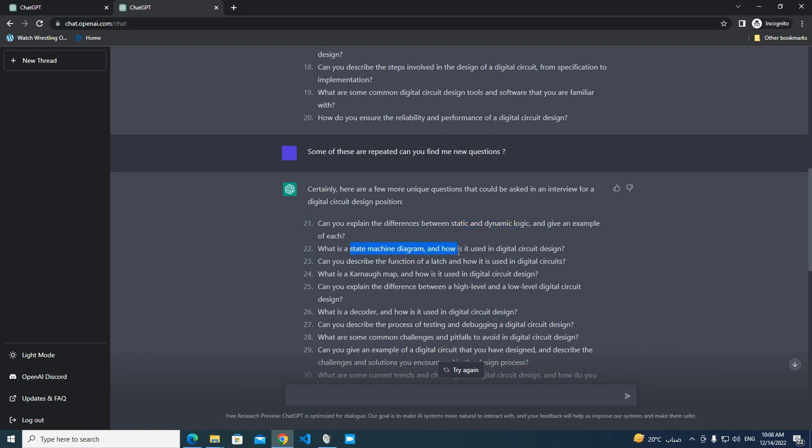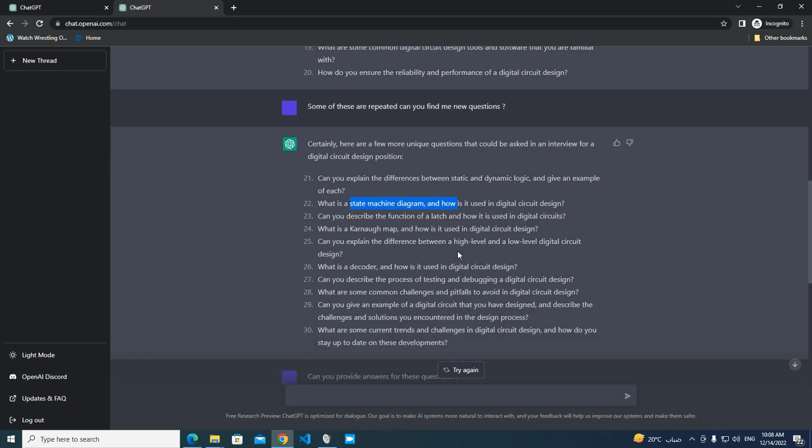This is repeated, so it's still not perfect, but it's a very good starting point. You can use this to generate ideas and look into more topics. And it's really good if you are a junior applying for a new job: you can use this to generate new ideas, new questions, and to look into new stuff that you may get asked in an interview.